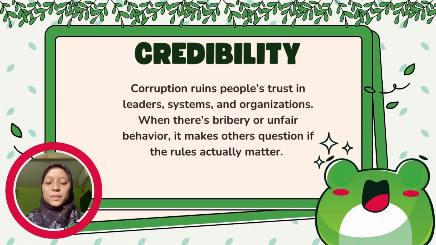Next is the credibility. Corruption ruins people's trust in leaders, systems, and organizations. When there's bribery or unfair behavior, it makes others question if the rules actually matter. Because of that, people lose faith in both the government and businesses, which makes it harder for society to grow